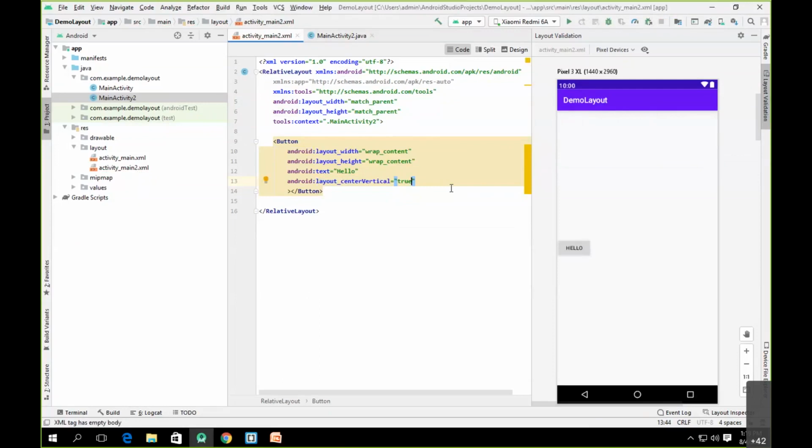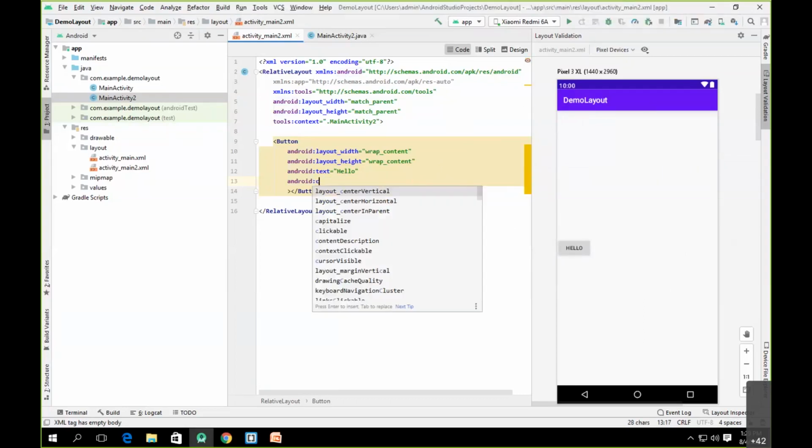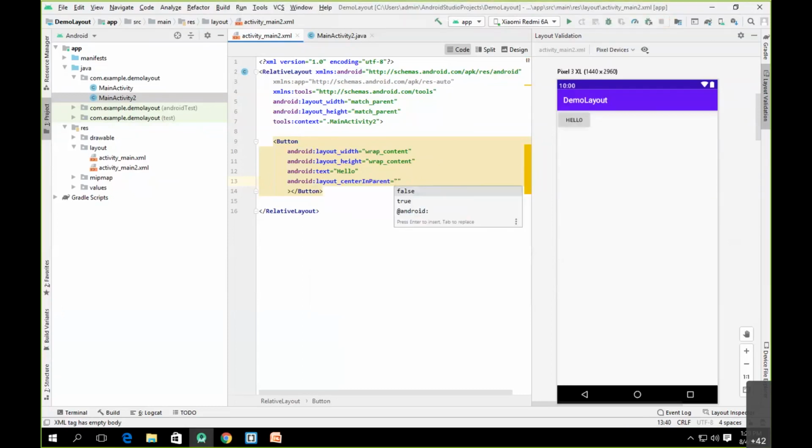along the vertical axis. Now, if I want to align the button both horizontally and vertically in the center position, then what you can use is something called center in parent. If I use center in parent as true, as you can see, this button is aligned at the center of the parent.